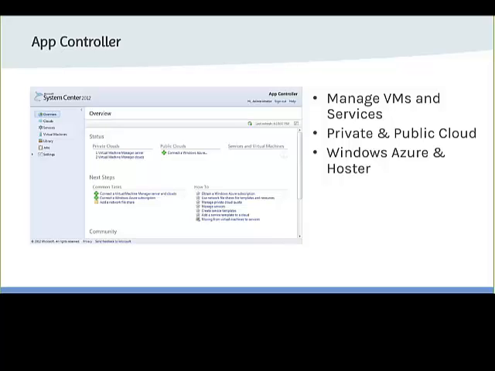It also can do other things. As I said, it can manage public cloud. You can connect Windows Azure with your Azure subscription to App Controller, sorry. You can connect multiple virtual machine managers, and you can also connect hosting companies, local service providers, if they offer that. And you can see all your VMs and services you use on all the different clouds in a single console, which is pretty great. That's one of the solutions we have right now.